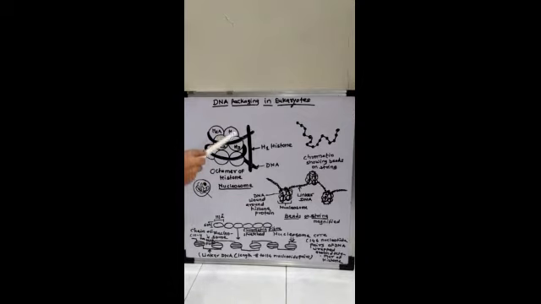So DNA having approximately 200 base pairs wraps around the octamer of histone and takes how many turns? 1 3/4 turns. And 6 such nucleosomes, now this is one nucleosome, this is another. Likewise 6 such nucleosomes get coiled and form a structure. That structure is known as a solenoid.